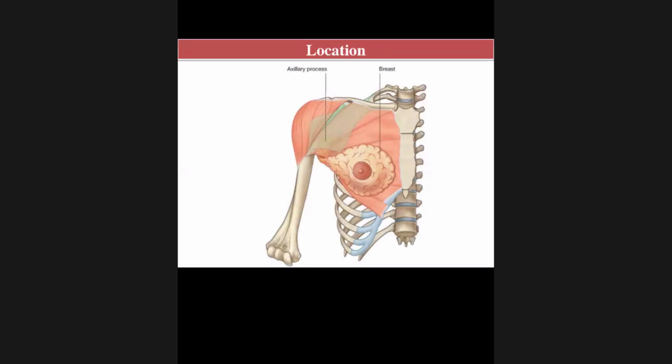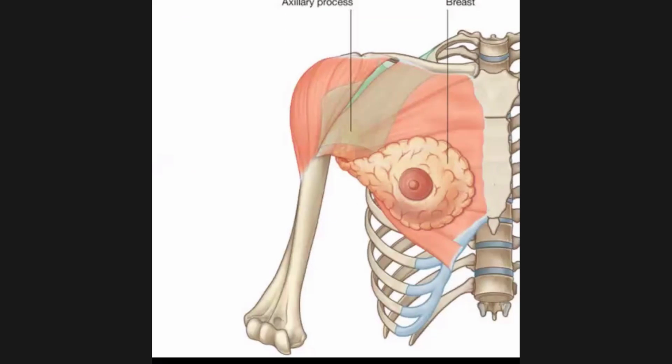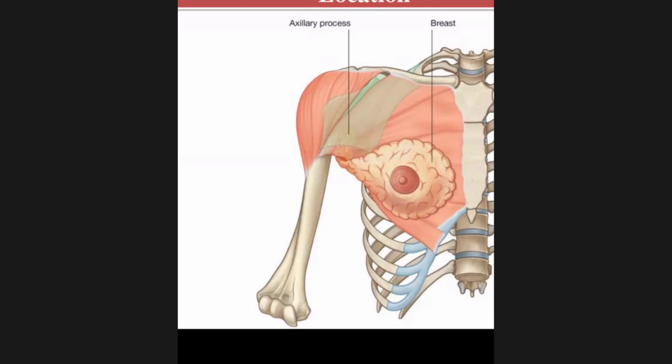So here we can see in this picture, skin is reflected, and then beneath the skin there is superficial fascia, and in superficial fascia mainly vessels, nerves, lymphatics, as well as loose tissue are present, mainly fat. The fat is mainly present in the superficial fascia, and it is prominent below the umbilicus in the anterior abdominal wall, as well as in the upper and lower limb. So fat is mainly present in the superficial fascia.